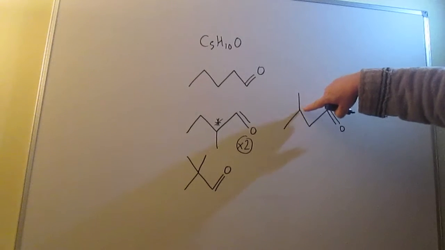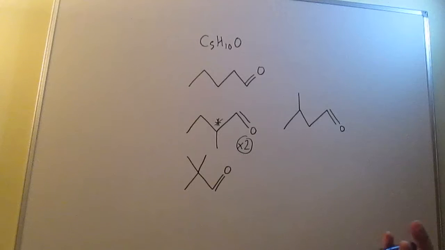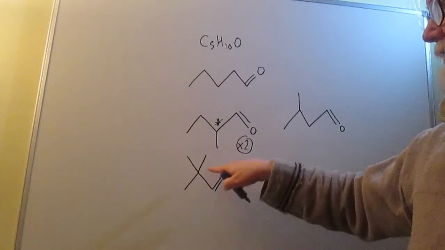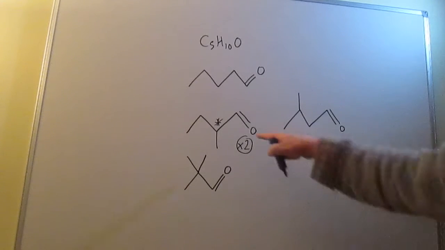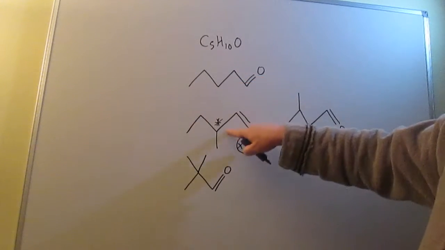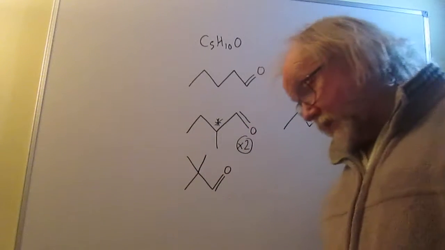This one has no chiral centres. You might look twice at that one, but it's got 2 methyl groups attached. As soon as you have 2 groups the same, it's not chiral. And likewise this has no chiral centre because you've got 3 groups the same attached to that one. So that's the only chiral centre in all of the isomers. So we've got 1, 2, 3, because there are 2 of those, 4, 5 isomers altogether, and therefore the answer is